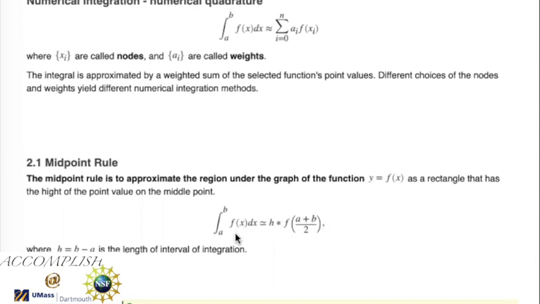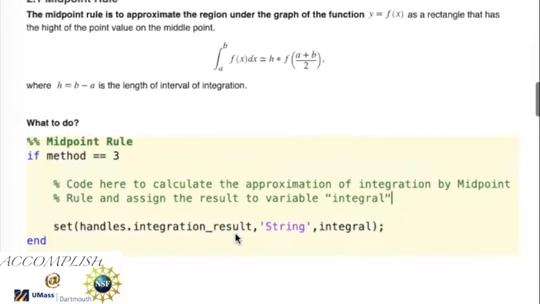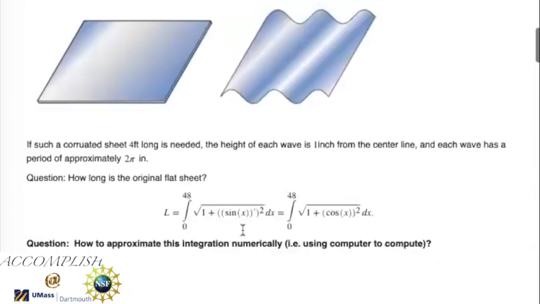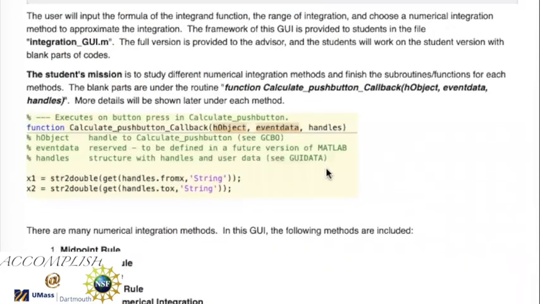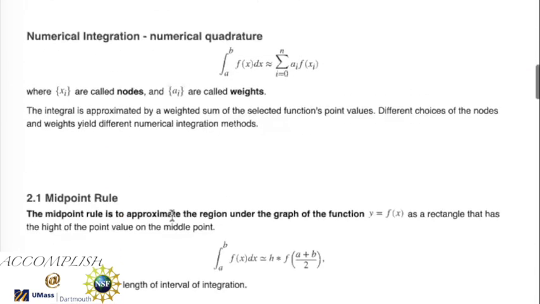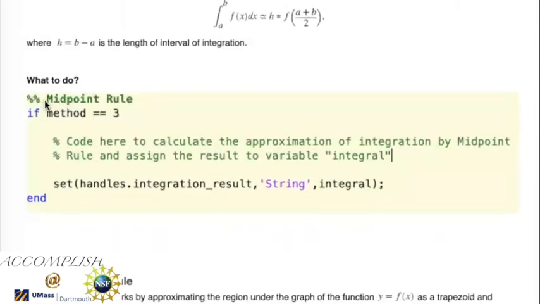and return this value as approximation provided by midpoint rule, right? So in our GUI, in the M file, under that function, the calculate push button callback function, right under this, you will find the part about midpoint rule. So it looks like this. And